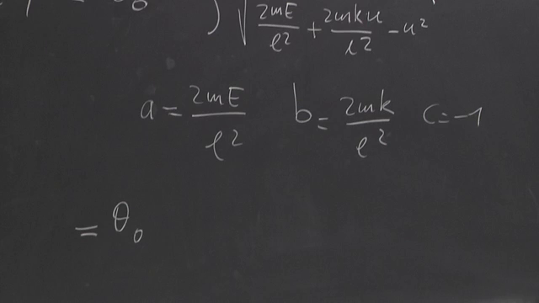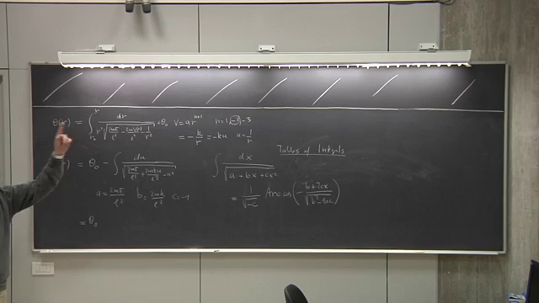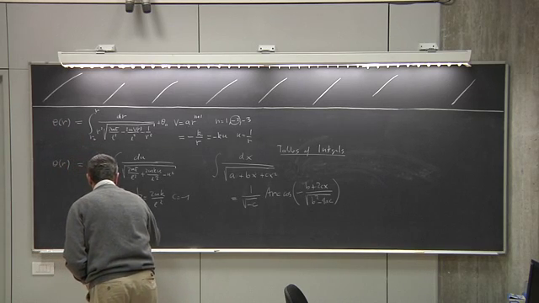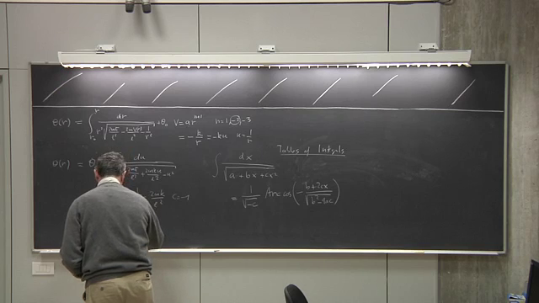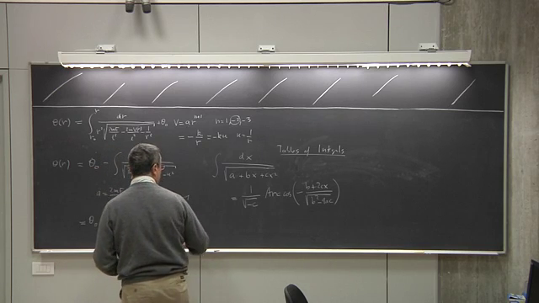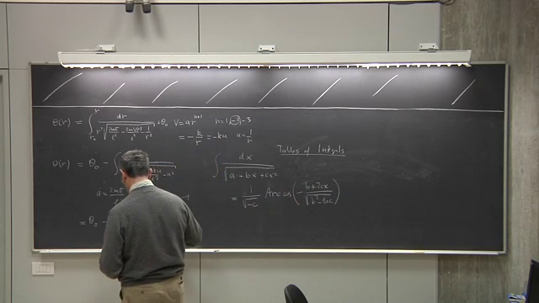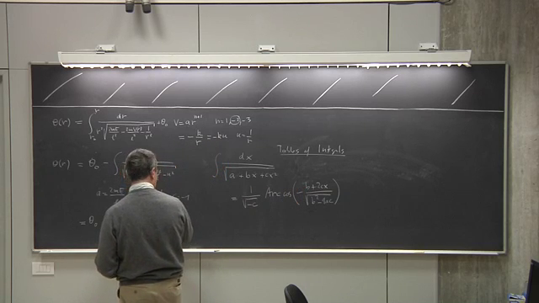It's somewhere on the orbit where you start looking at the planet, minus this arc cosine. So I plug in the values. So you see B, and so I get, I guess, if I did it right,